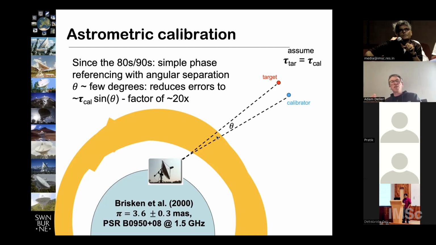The disadvantage, of course, is you need the source to be bright enough that you can do that solution over a relatively wide frequency range. But again, with the advent of more sensitive facilities in the future, that may well become possible for a reasonable fraction of sources. And I would just mention as well that this is exactly the calibration approach that CHIME is using for localizing fast radio bursts, because they have a very small number of